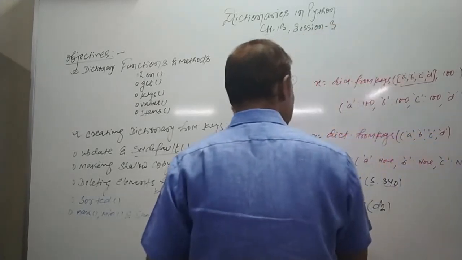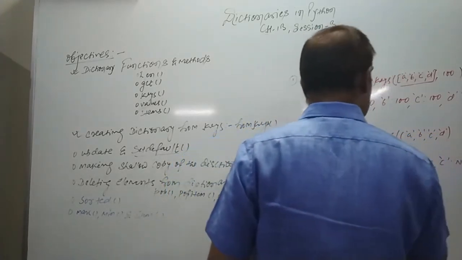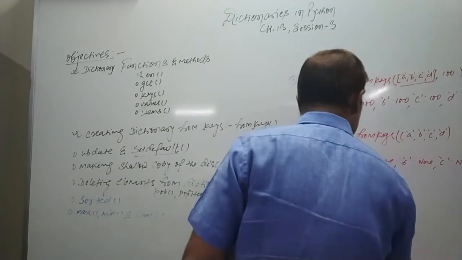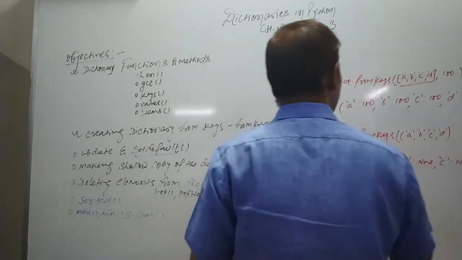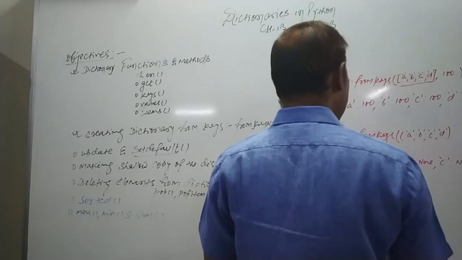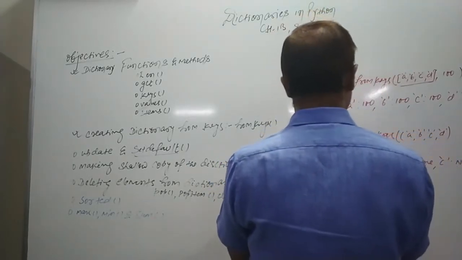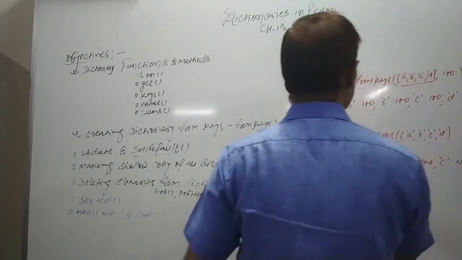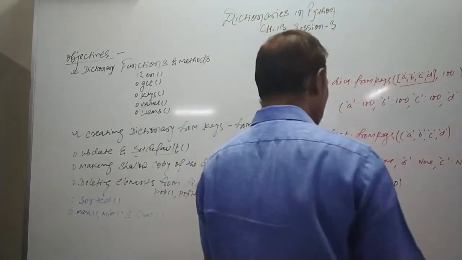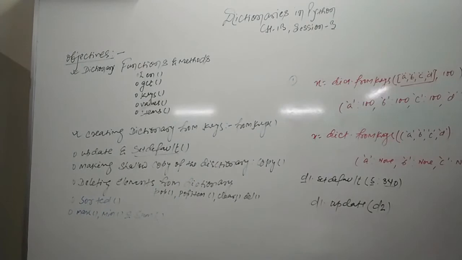So once I mention d1.update(d2), this method will try to update the d1 dictionary with the values of d2. The common keys will of course be overwritten, and the new items which are not part of d1 but are in d2 will be added into d1. This is how to use the update method to update a dictionary with another dictionary. I hope you can easily do this, but in this case you need two dictionaries, that is required.